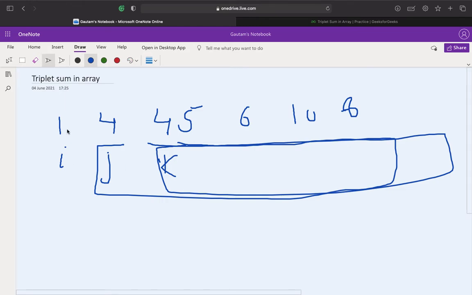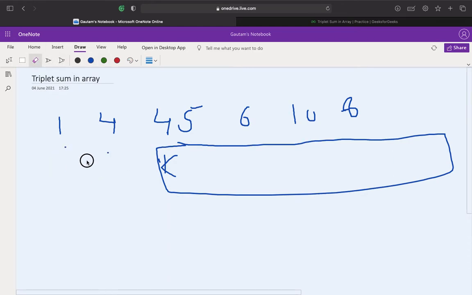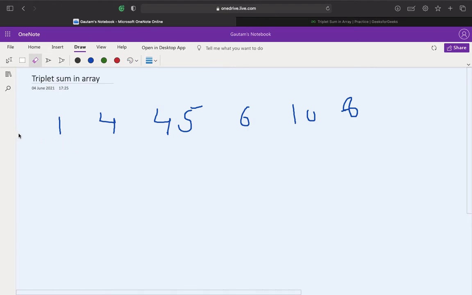So how can we do this? There's an approach called the two-pointer algorithm, which makes use of pointers in a sorted array to solve these types of problems. Let me tell you how we'll do that. Let's suppose for a minute that the question says, find a pair in a given array of size n.